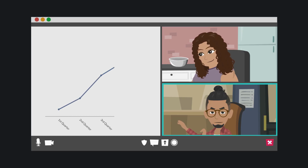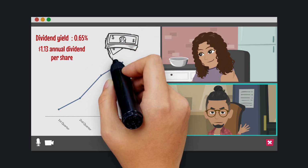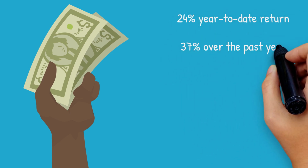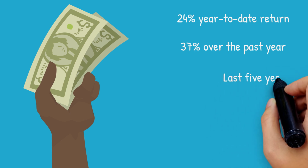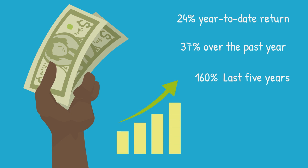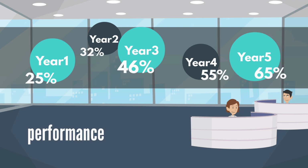This fund captures the energy of tech growth with a dividend yield of 0.65% and a $1.13 annual dividend per share, providing a modest income stream alongside potential capital appreciation. FTEC has delivered impressive returns, with a 24% year-to-date return and 37% over the past year. Over the last 5 years, FTEC has returned a massive 160%, showcasing its robust growth potential. This kind of performance makes it ideal for investors with a long-term outlook who are prepared to ride the tech